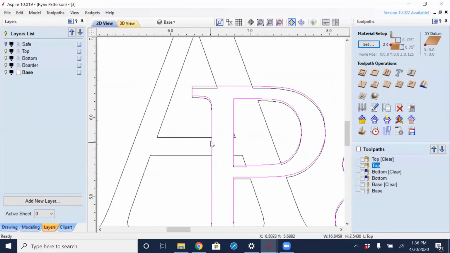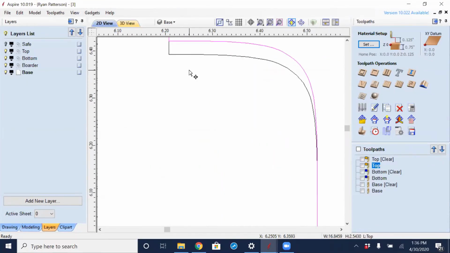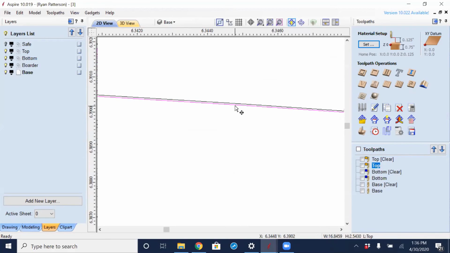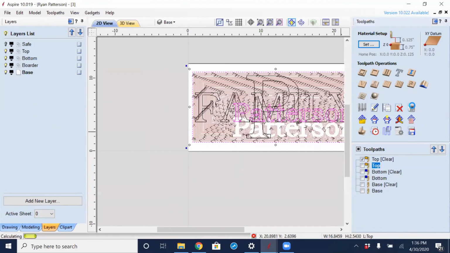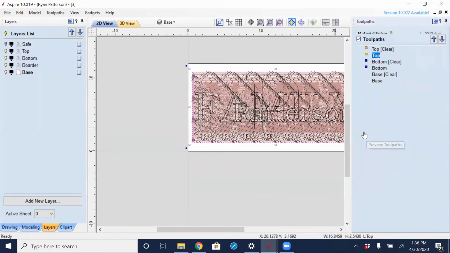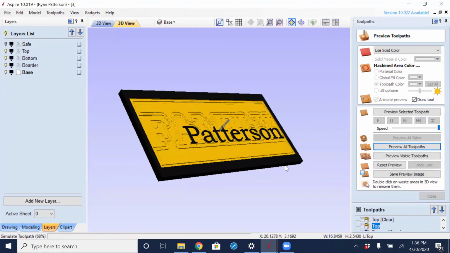So now the trick is, can we move that around to get that exactly? Let's do a calculate all, coming back to the preview window, resetting, and hopefully now